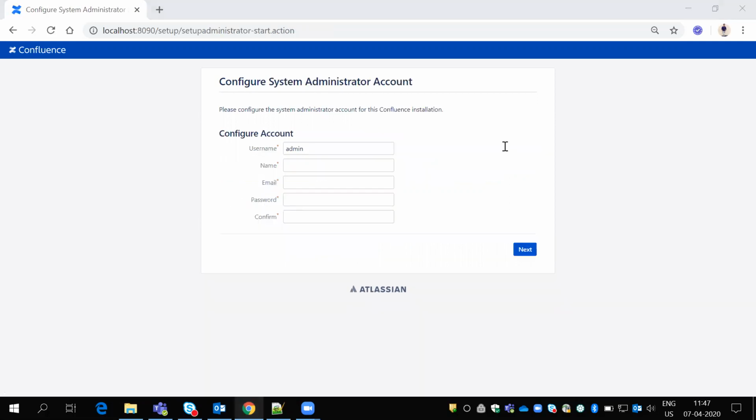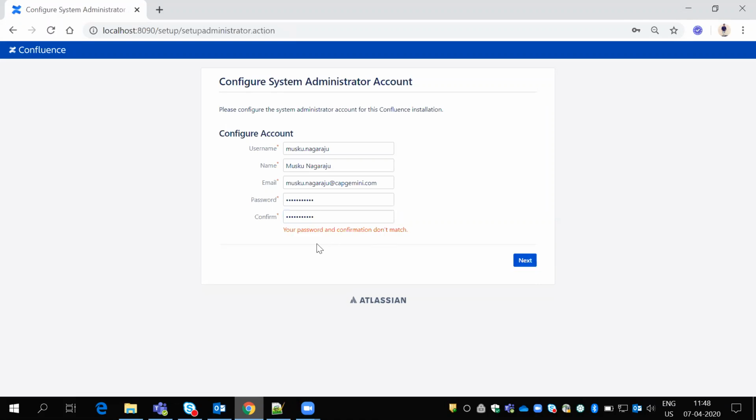Once you click on that option, it asks for a username, password, and so on. I'll enter my usernames, what I enter daily. So create your account, enter your password, and click on advanced.